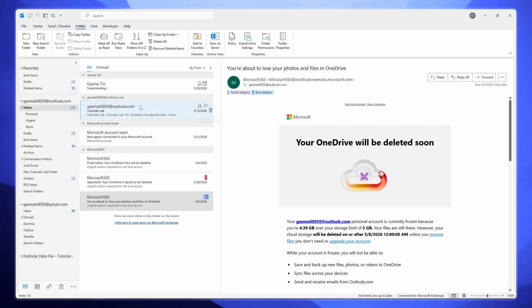Once your emails have fully loaded, navigate to the Folders tab located on the top part of your screen where all your tools and menus are positioned. Click on the Folders menu to reveal the options available for managing your email organization. This is where you'll find the tools needed to create custom search folders that automatically filter messages based on your